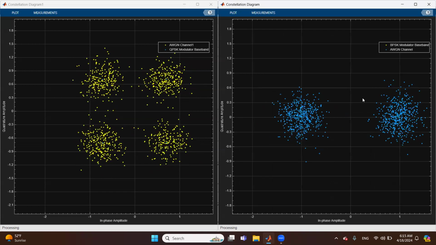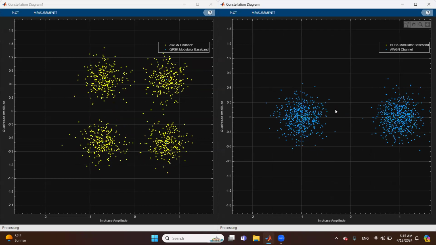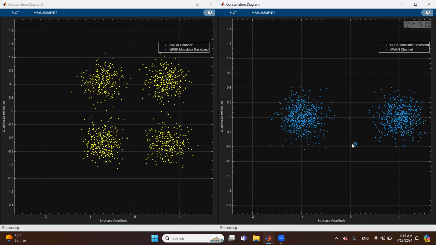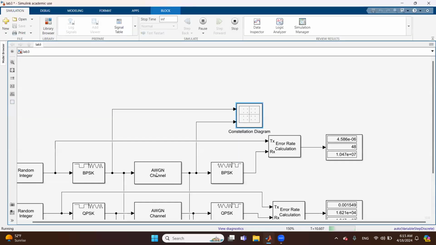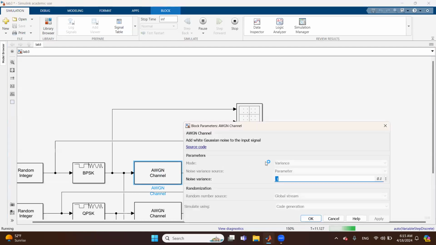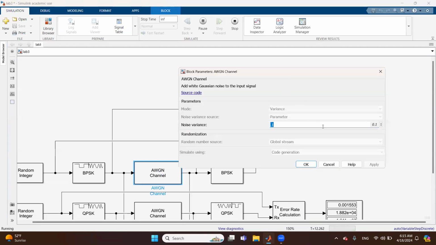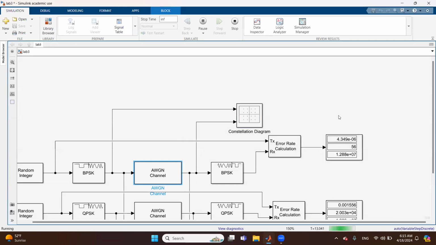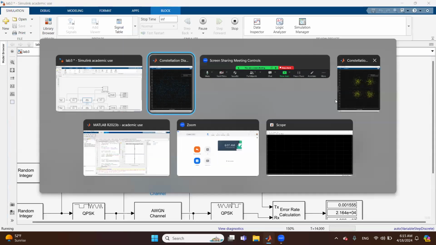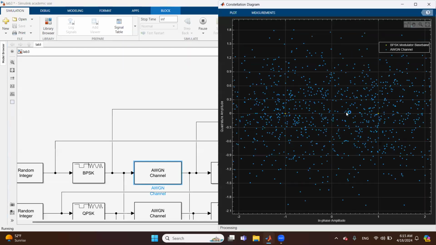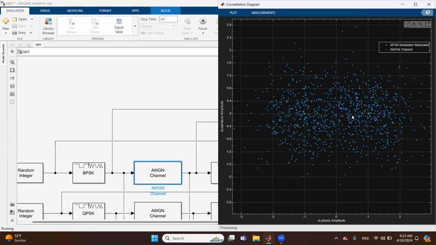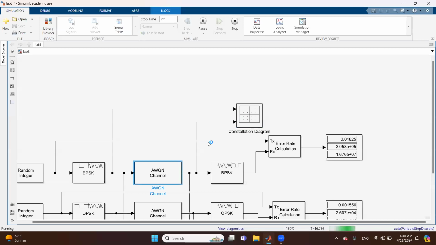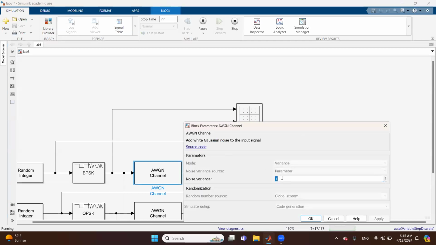But if we zoom out here, these are 1,000 samples at a time, and you can see if we go back to my model here and I update my noise, say to a variance of 1, you can see now the samples are much more spread out. And if I bring this back down to 0.01,